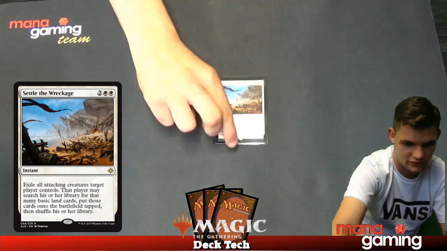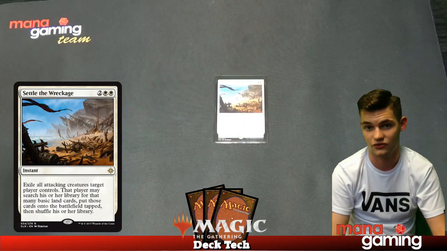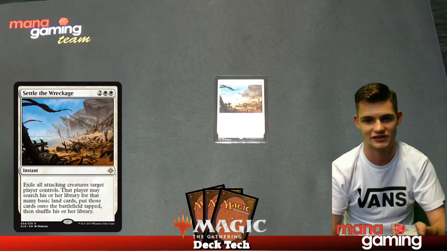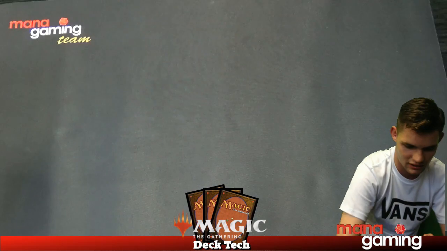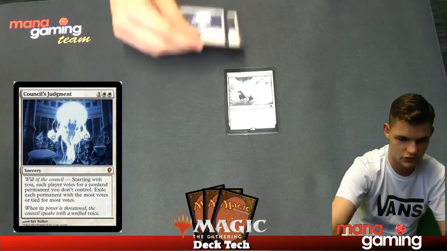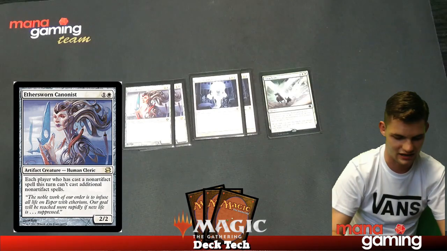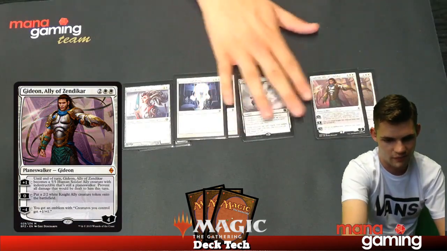Then we have 1 Settle the Wreckage, which is another unusual choice, but it's for decks like Eldrazi or Death and Taxes again, so you have a mass board wipe that your opponent's not expecting you to play, just a bit of tech that they're not used to. So, you know, 1 Cataclysm, which is standard, 2 Council's Judgment, which is also standard, 2 Aethersphere Canonists, again standard, Gideon, Ally of Zendikar, which gives you a very good aggro game,